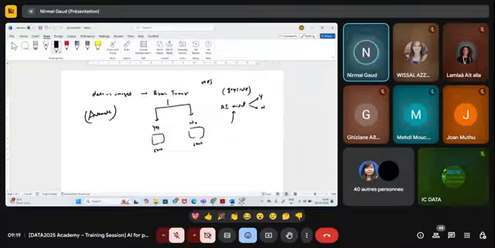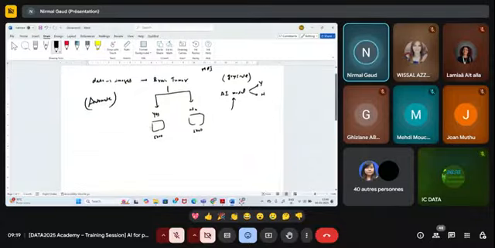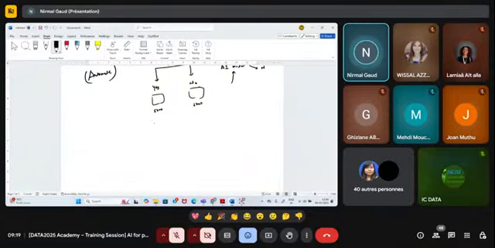Okay. So what am I going to do? I want to make a machine understand that this is a tumor image, this is a non-tumor image. Okay, so what will be the proceedings? You have to analyze the data. Here you can do some visualization. You can make some plots to see what kind of images you are available with.